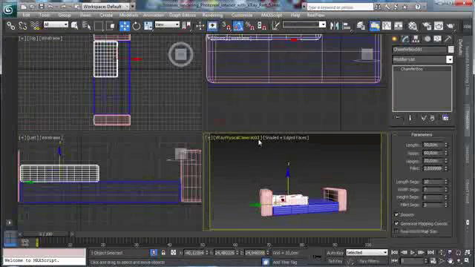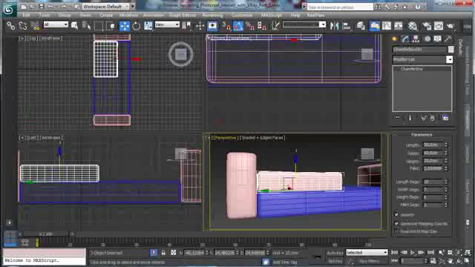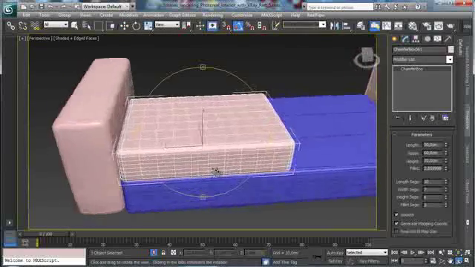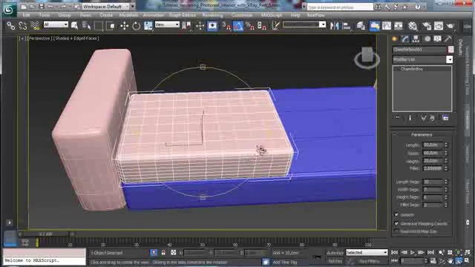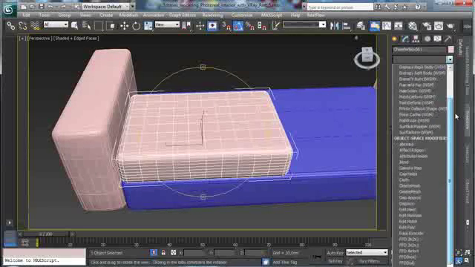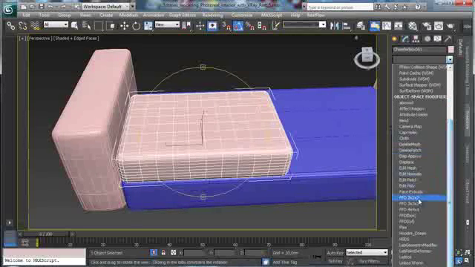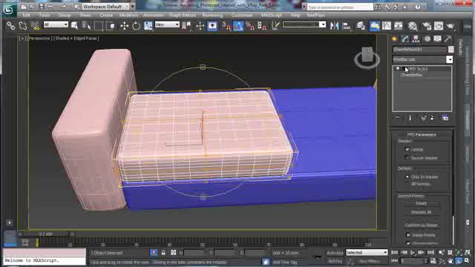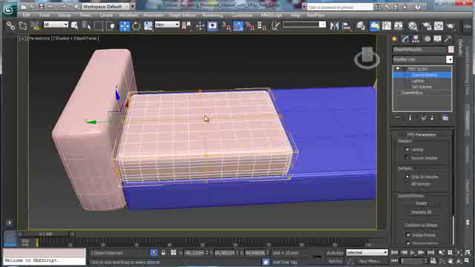Okay, let's go for perspective and zoom there. And then I'd like to have maybe a little bit more fillet. Then we can go to have a 3 FFD, and we work with a lattice, and we select